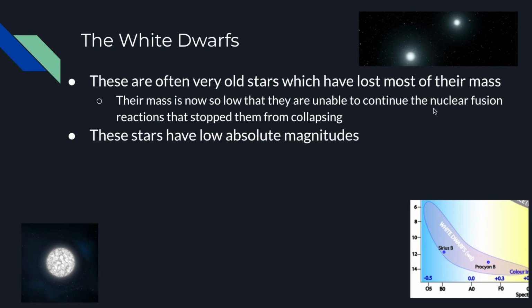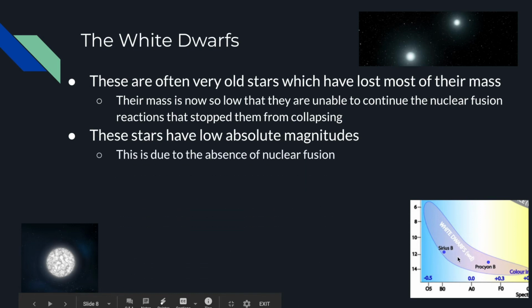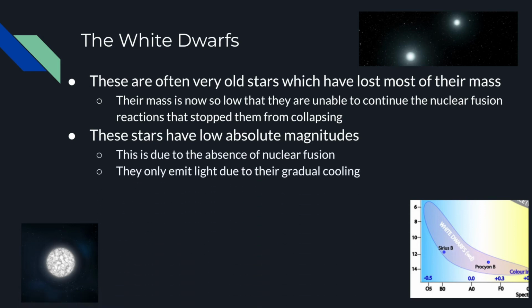In fact, some of them are so dim that they're only known because of their gravitational effects and cannot actually be seen. White dwarfs are so dim because they're not performing nuclear fusion anymore. They're not actually producing new light. They're only emitting light as they cool. It's like taking a very hot frying pan and setting it on the side, and it glows, but it's not